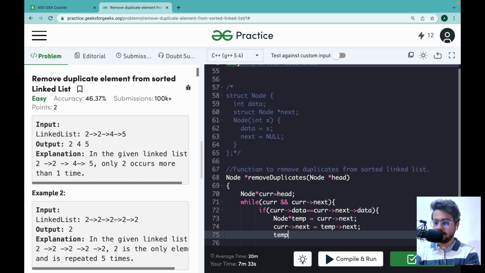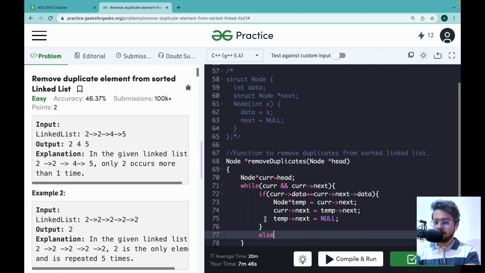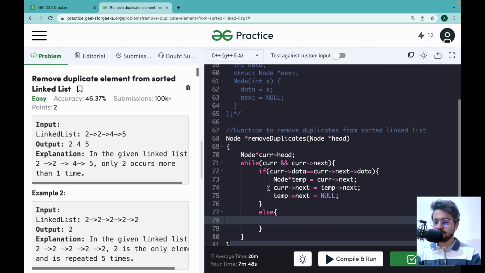Now we will simply set temp's next equal to null. So we have removed both the relations, this and this, for the case of 2. Else, if that is not the case, then current will simply become current's next value.